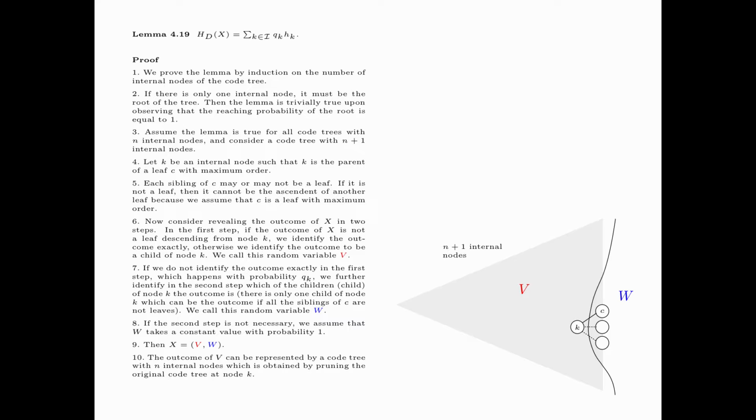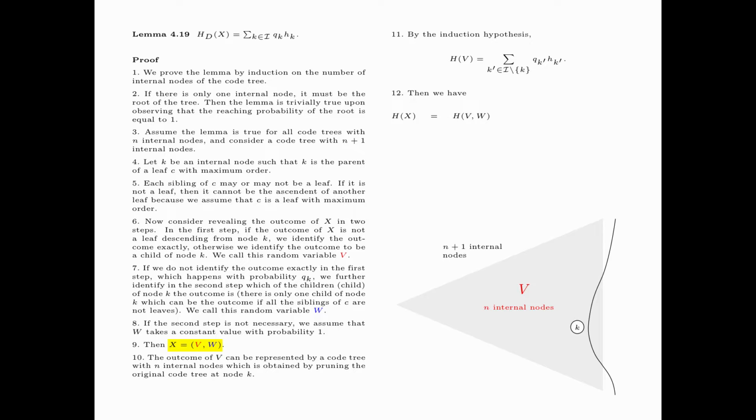Now observe that the outcome of V can be represented by a code tree with n internal nodes, which is obtained by pruning the original code tree at node k. This is illustrated in the figure. Since the code tree representing V has n internal nodes, by the induction hypothesis, the entropy of V is equal to the summation of Q_k' H_k', where k' is an internal node not equal to k. That is, the summation is over all internal nodes of the code tree representing V. Then we have